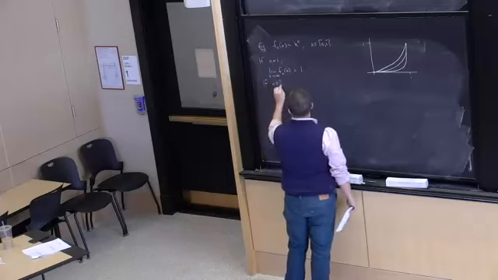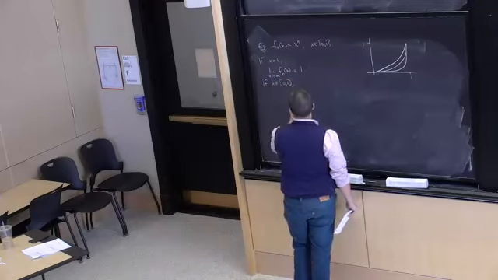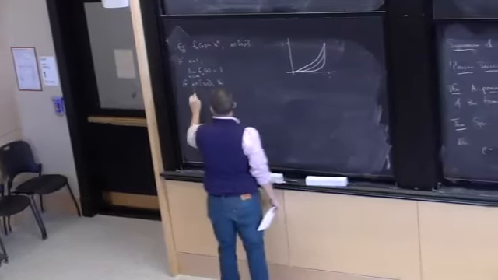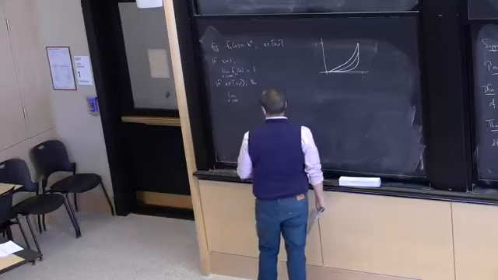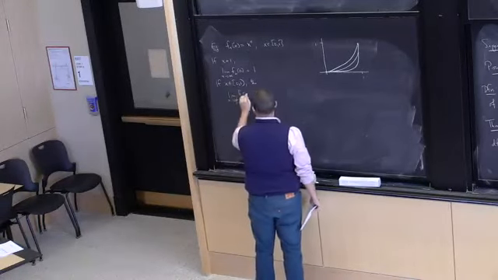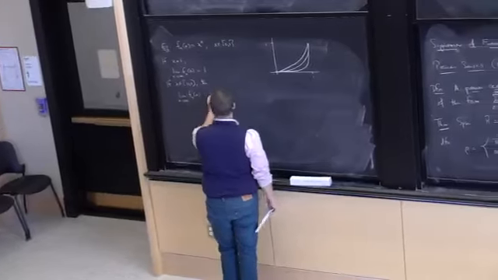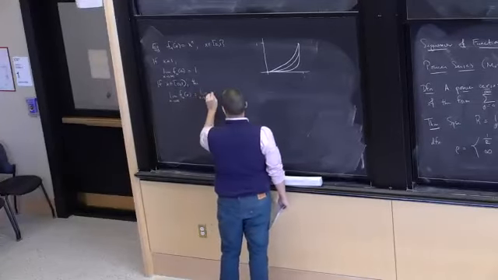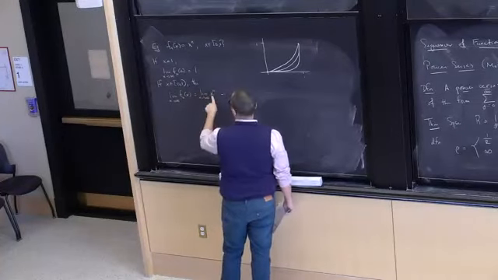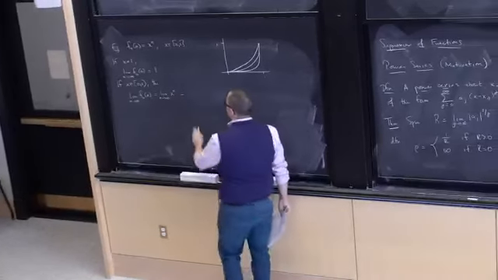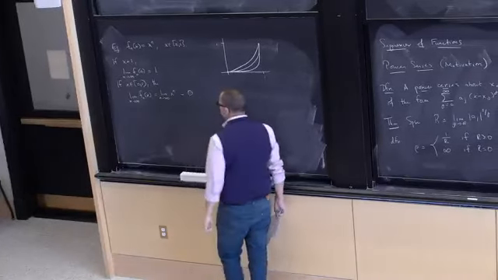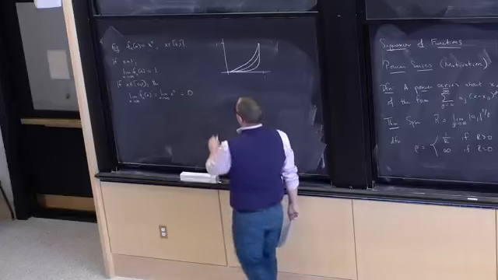Now, if x is in [0, 1), then, I mean, we've done this limit before. The limit as n goes to infinity of f_n(x) is equal to the limit as n goes to infinity of x^n. Now, x is less than 1, so x is being raised to a higher and higher power. This equals 0. Okay? Thus,